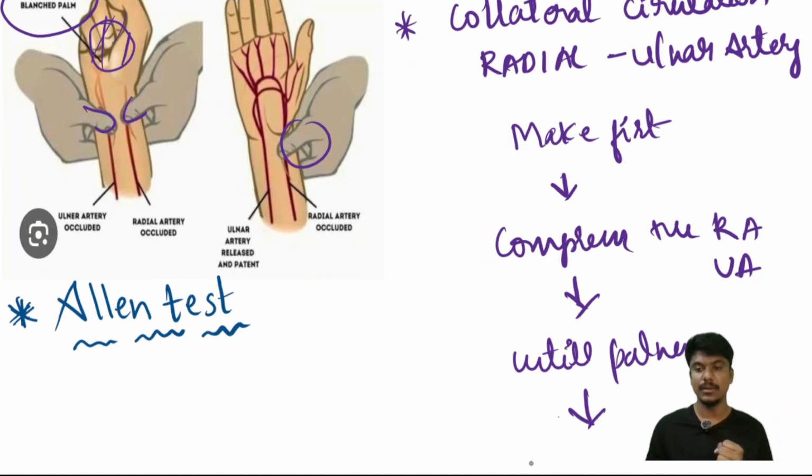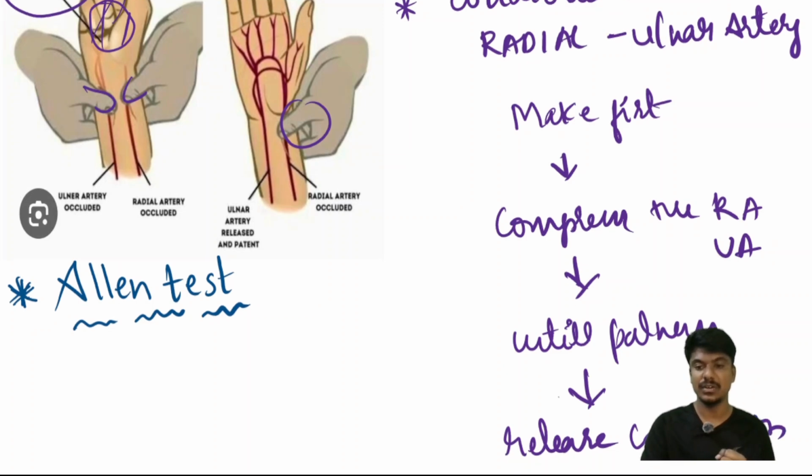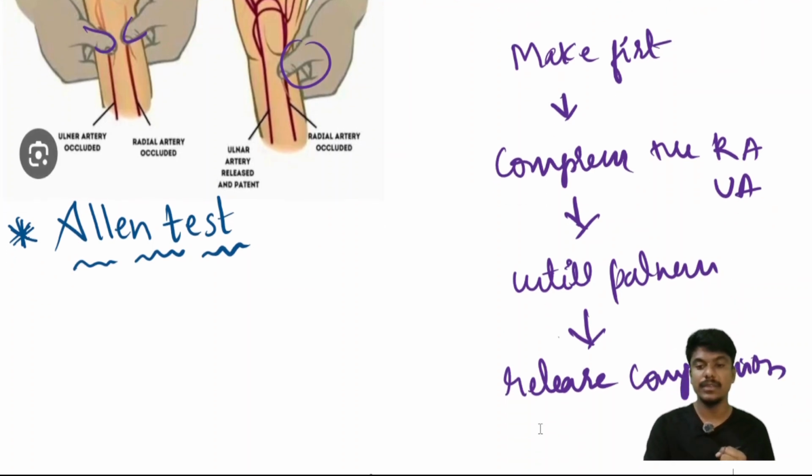After you see paleness, you have to release the compression. Then after releasing compression, what will happen? What will happen if the hand will turn